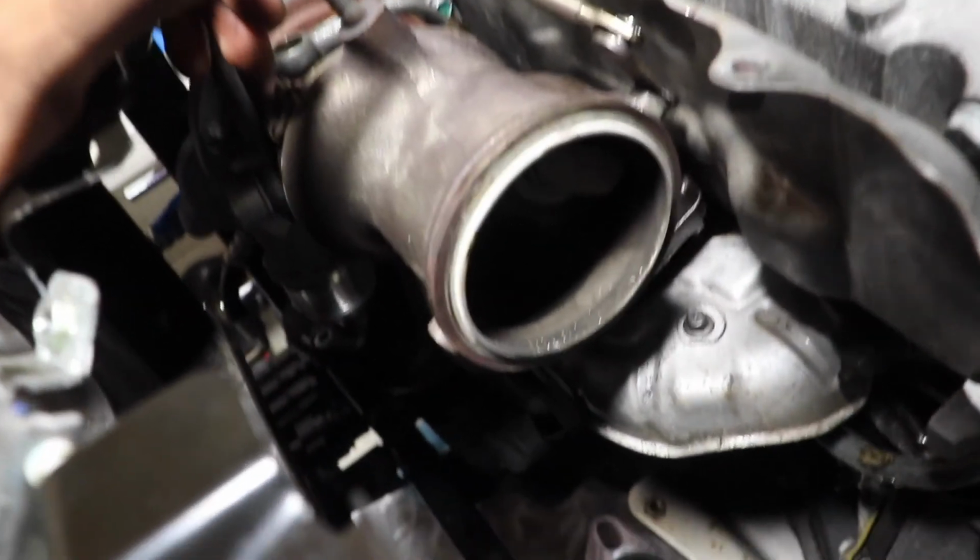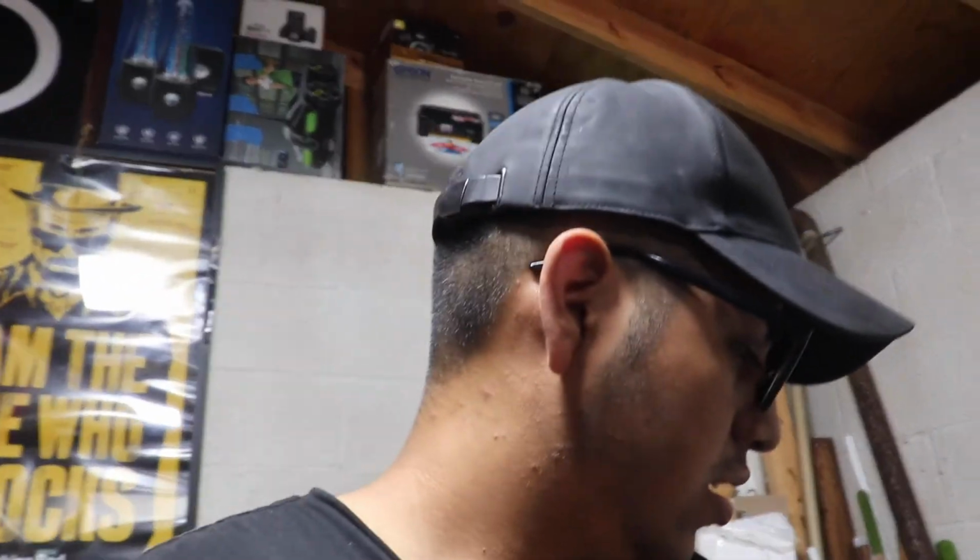And yeah, so we're finally moving forward. So it was a pain taking these things off, and I'm not gonna lie to you, you're gonna need a breaker bar for this. You're gonna need a breaker bar because with a regular wrench and socket you're not gonna be able to do it. So yeah, guys, you will definitely need a second person for this job, because at least for me, while I was under the car unbolting these bolts right here,